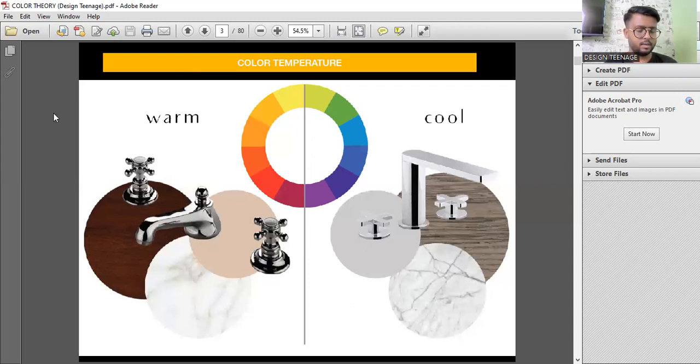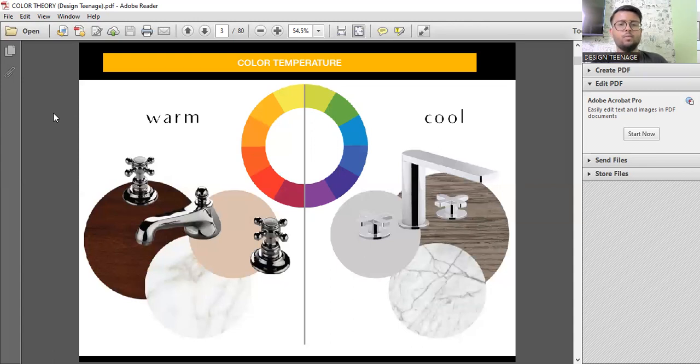Quickly, the warm colors are brighter than the cool colors, okay? And the warm colors are like shades of red, and the cool colors are shades of blue, except the green color on the cool color side.